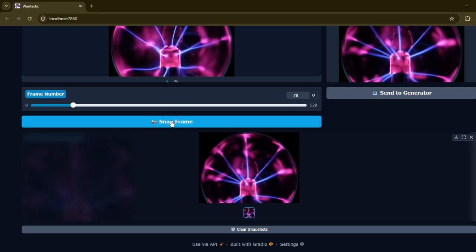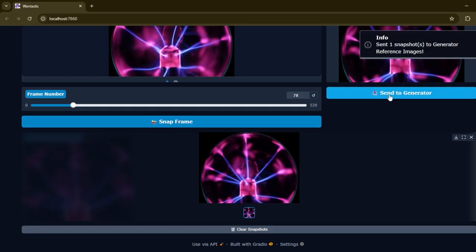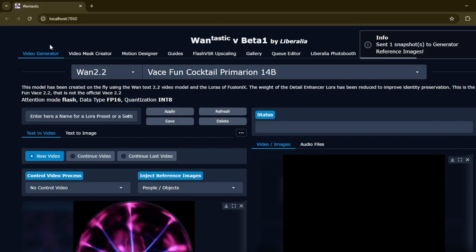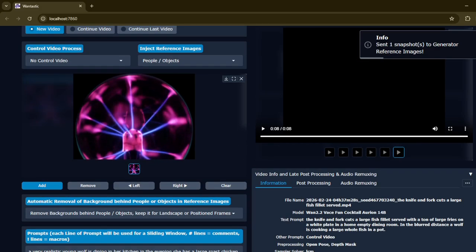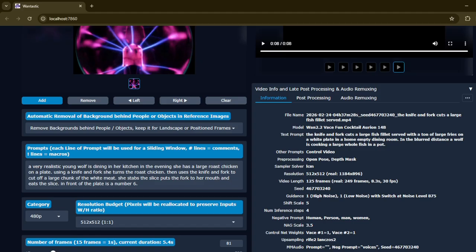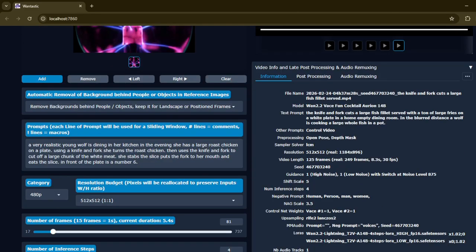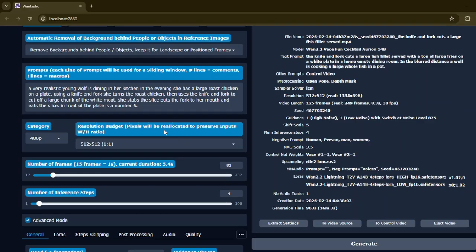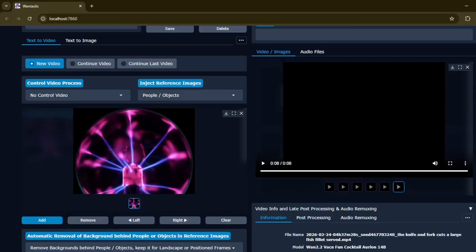Okay, so here we go. Snap frame, we've got the nice plasma lamp, and after that we can say send that to our project, and it comes up confirming that you've sent it to the project. Very simple little concept, but I think it will make your lives a bit easier for making videos from reference images. Now, as you can probably see, that prompt's nothing to do with that, but I'm only showing you the concept, not actually going to generate a video here with the thing. But it's very easy to use. Just do that, then after that, just input your prompt, whatever it is that you want, and then just